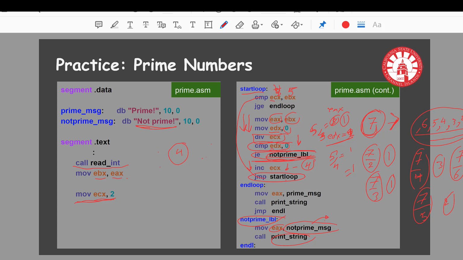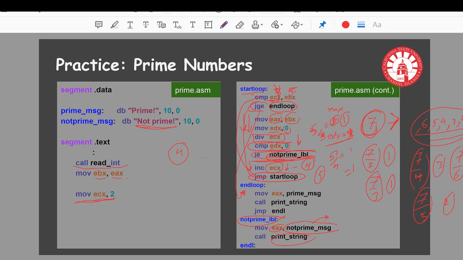And this time again, we increment the value of the ECX register. ECX this time is going to be 5. Therefore, we jump to the loop again, and this time we compare ECX with EBX. This time ECX is 5 and EBX is 5. Therefore, we jump to this end loop. Once we jump to this end loop, we are moving to this